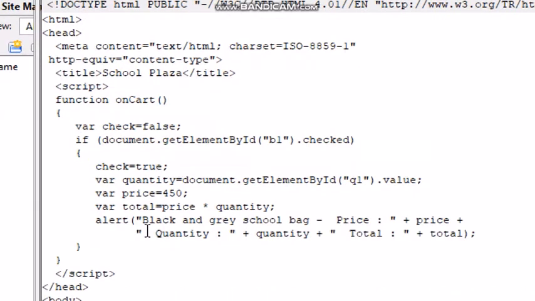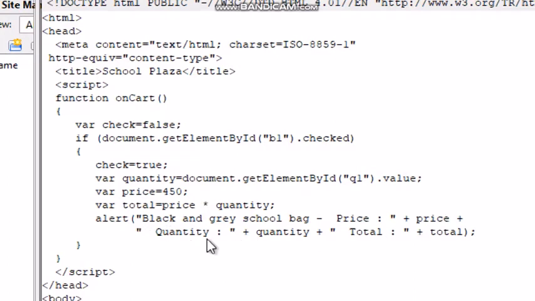semicolon. Next is alert. By giving this statement, a message is displayed in alert box like black and grey school bag, price. Whatever is written in double quotes is written as it is. Here the value of price, that is 450, is written.